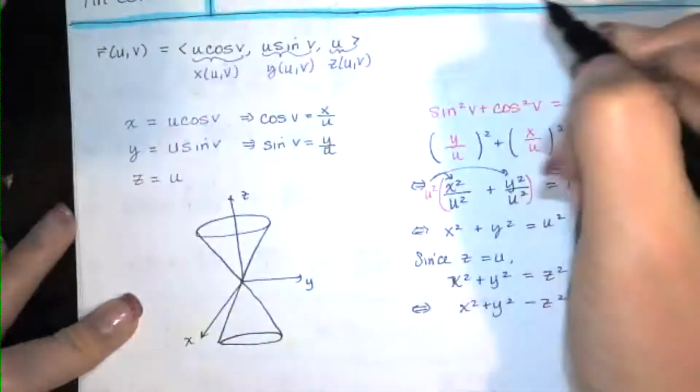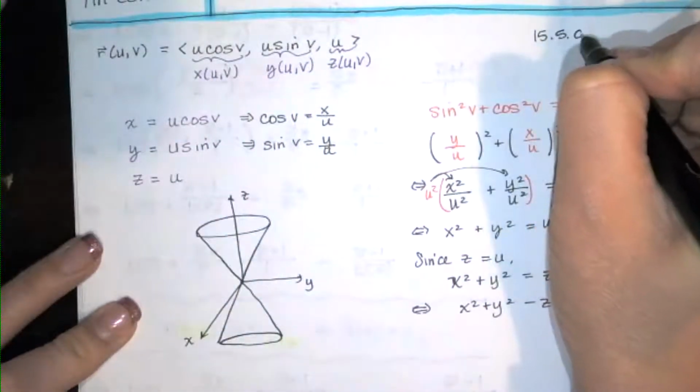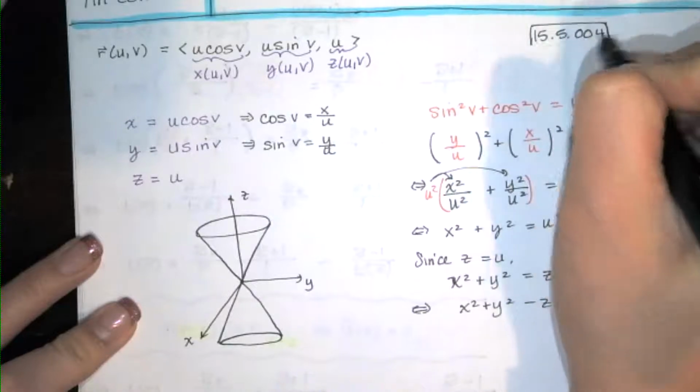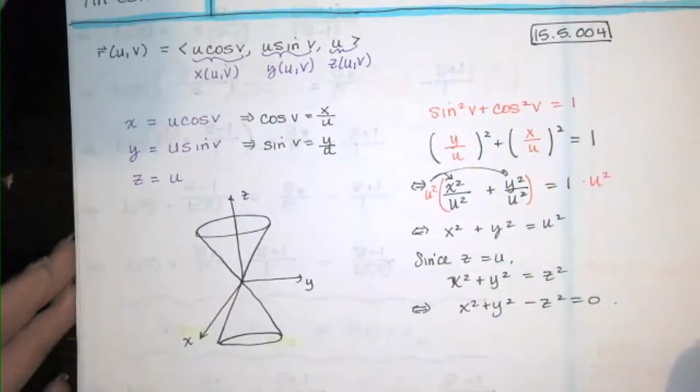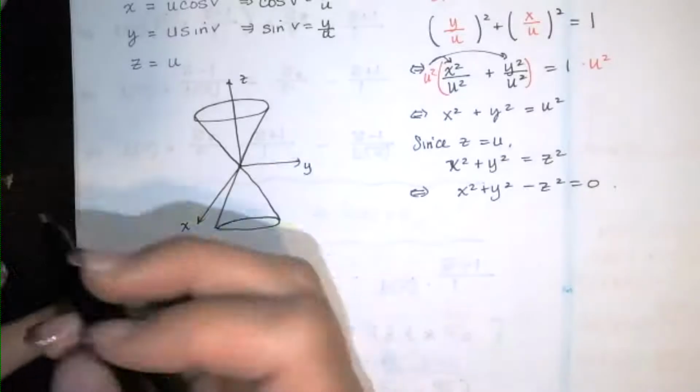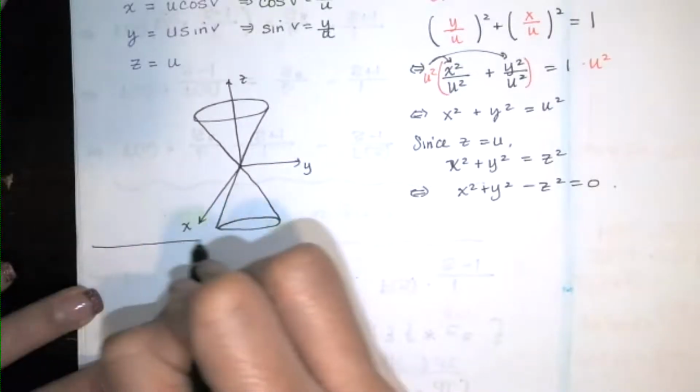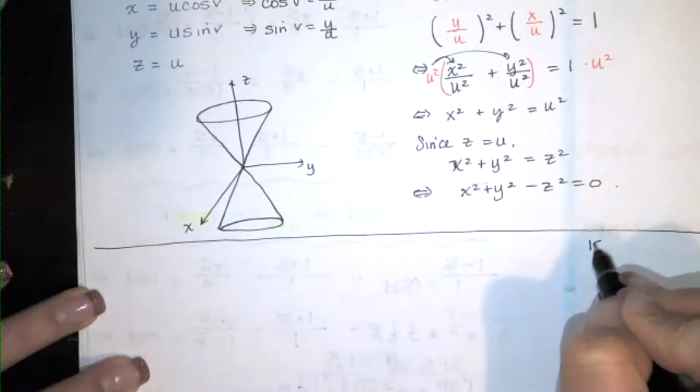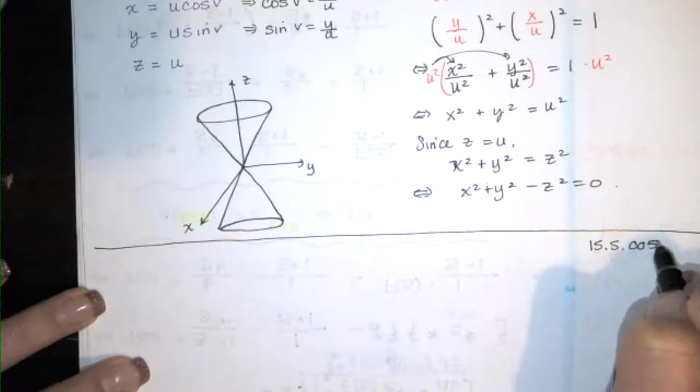So that is 15.5.004. Turned out to be the double-napped cone. Now, the next one, 15.5.005,